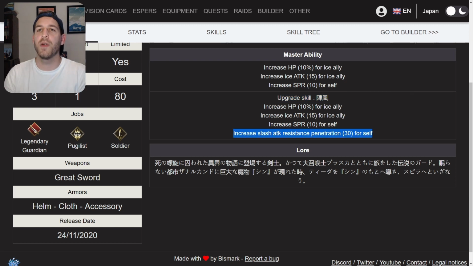But first of all, how important is this slash resist penetration? Tidus also got that, and it's a big deal. It's a really big deal to get it innately on a master ability. A lot of units have slash resist penetration, however, they need to gain it via a buff. It can wear off, it can be dispelled, but this is just on the unit 100% of the time, so